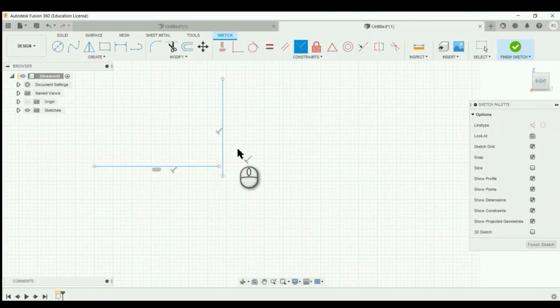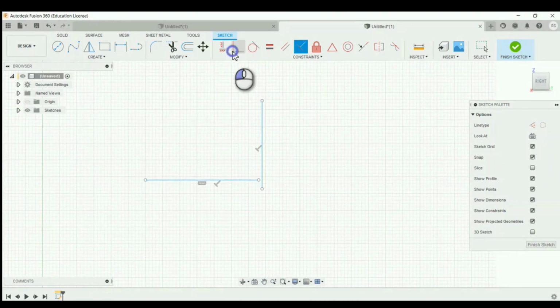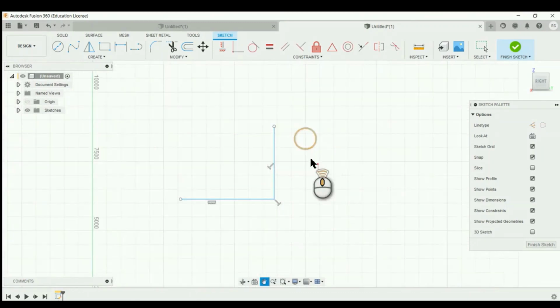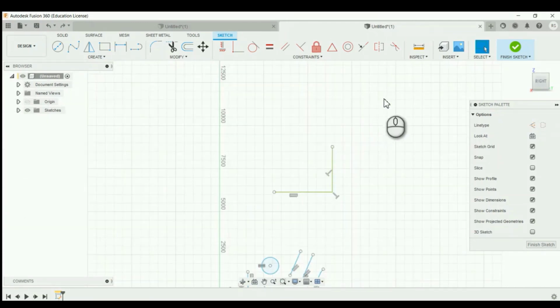These two are perpendicular to each other, and if you want them to be coincident, you can click the two points under coincident, like this. After that, the fixed constraint is used to fix the line, and you can't drag it; fixing and unfixing constraint. You can't drag or change the position.